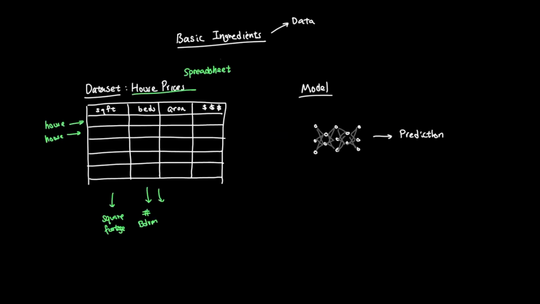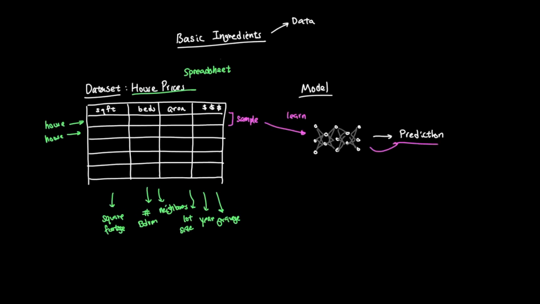Each row represents one house. Each column describes something about that house, like square footage, number of bedrooms, neighborhood, lot size, year, or whether it has a garage. That full spreadsheet is the dataset. Each row is one example, sometimes called a sample or training example. It is one piece of past data that the model can learn from.